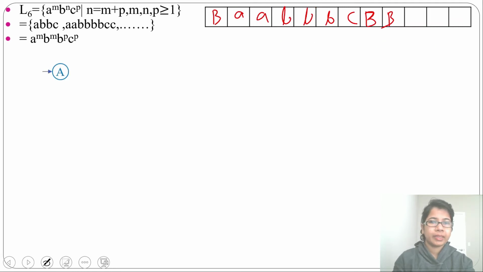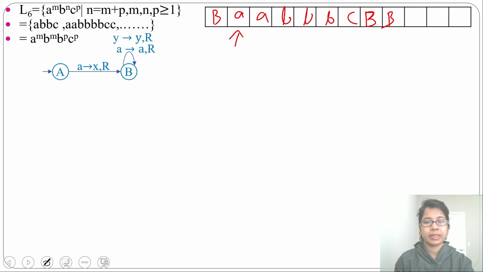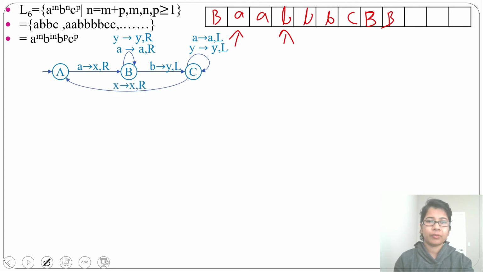Now there will be an initial state and the tape head will be here. On seeing A, it will change A to X and move right. Now it may see more A, so it will simply skip A. It may see Y, so Y will be skipped and it will move right. Now the pointer will be here. When it sees B, change B to Y and move left. Then there may be more A and Y, so for that it will simply move left. Now when it sees X, X will be X and it will move right.